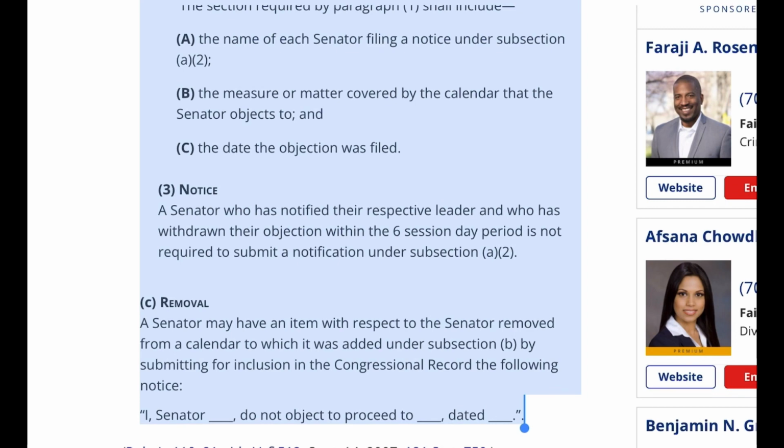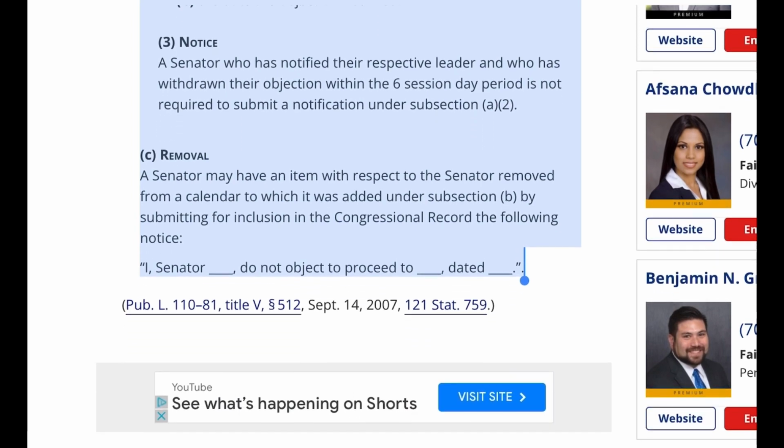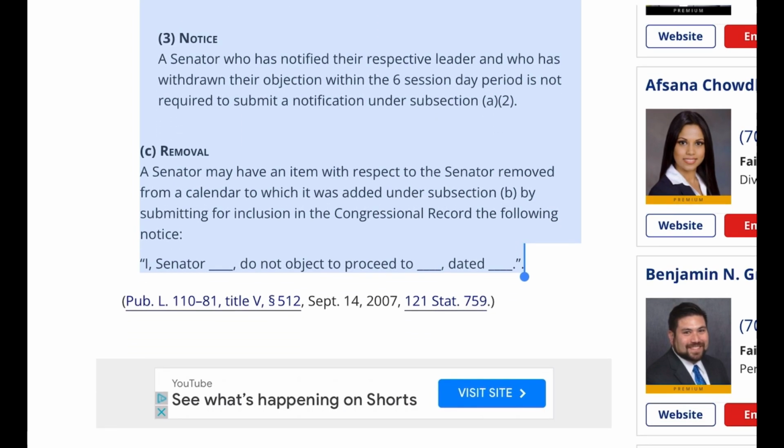3. Notice. A senator who has notified their respective leader and who has withdrawn their objection within the 6 session day period is not required to submit a notification under subsection A. C. Removal. A senator may have an item with respect to the senator removed from a calendar to which it was added under subsection B by submitting for inclusion in the Congressional Record the following notice: I, Senator, do not object to proceed to,